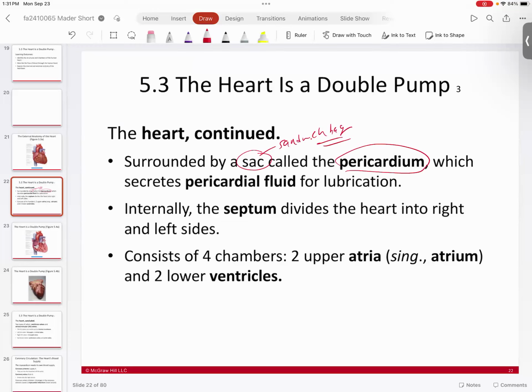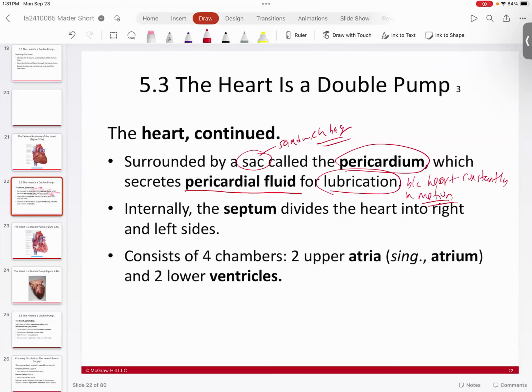That's actually the part of the serous membrane system that is lining the cavity, the pericardial cavity. Within that, you'll have pericardial fluid, and that's for lubrication because why? The heart is constantly in motion. Right, so you have a little bit of lubrication in there to reduce friction and chafing and scar